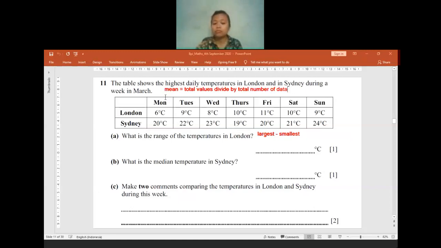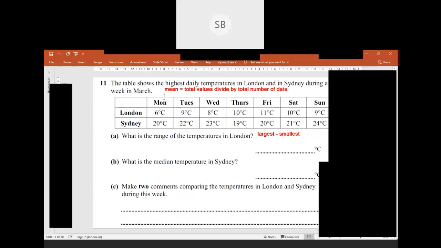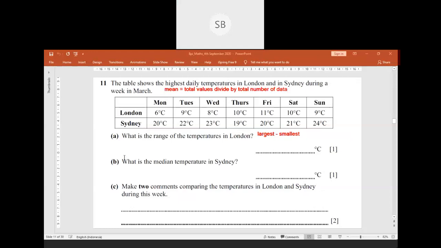Teacher, is it okay if we write it is a type of average that needs us to add all of the answers and divide? Yeah, it's okay if you mention how to find the mean. But if you only say average, there are three types of average. So if people ask you what mean is, do not only answer average, because the median can be average, mean can be average, mode can be average. There are three types of average in maths: mean, median, and mode.